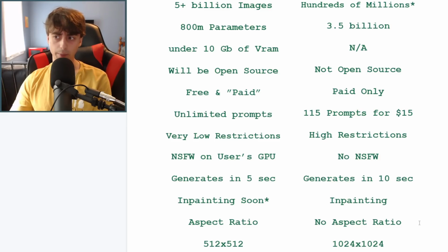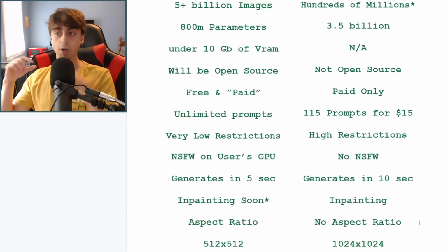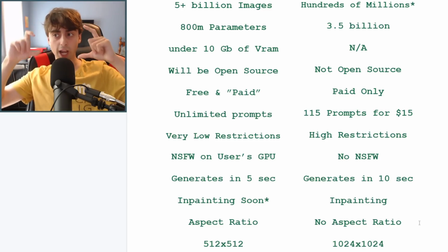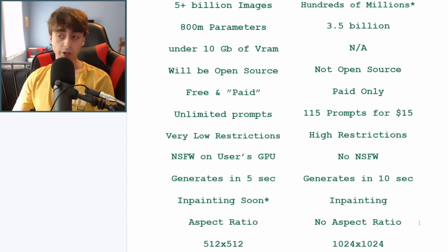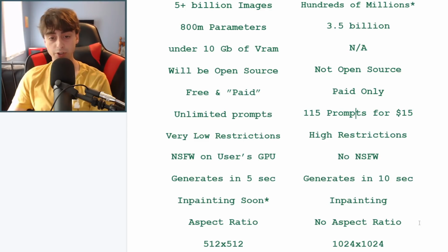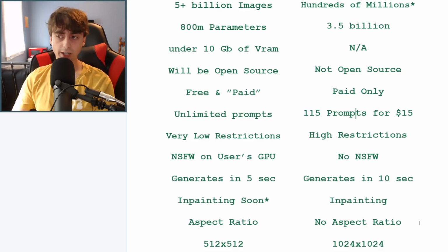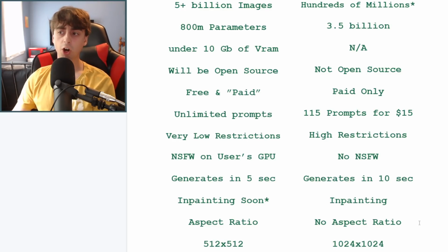There's certain words that are banned that just don't make sense to be banned, such as the word shot, S-H-O-T. This would be in reference to being shot on a camera, like a photo being shot, right? That word is completely banned in Dall-E 2, and there's a lot of words that are banned on Dall-E 2. I bet the word gore itself is banned. So yeah, there's very high restrictions with Dall-E 2. Basically, they say everything needs to be G-rated, so no celebrities, you can't make anything like that. You can try to generate copyrighted stuff, but they've tried to remove all copyrighted material from the dataset for Dall-E 2.